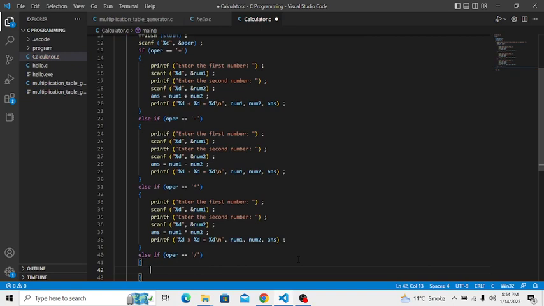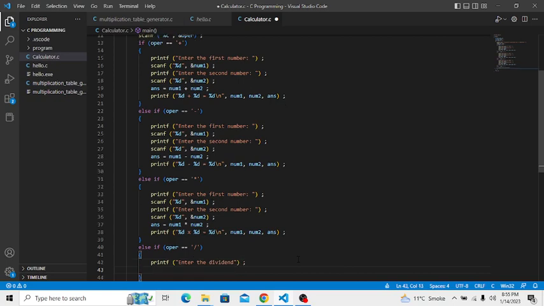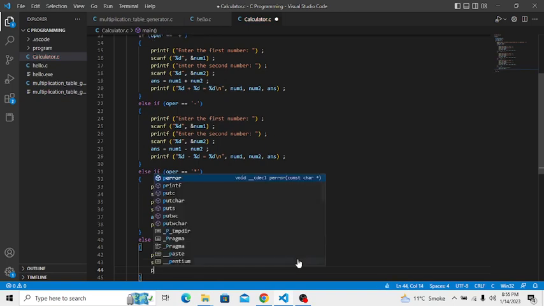Now here we have to type printf, enter the dividend, that is semicolon. Then we have to type scanf brackets double quotes, inside it a %f, then comma, after that ampersand d1, then a semicolon. After that we have to type printf